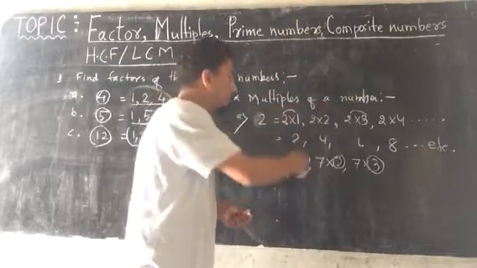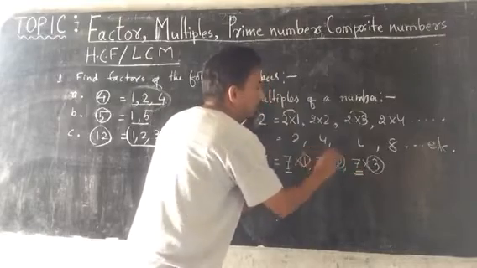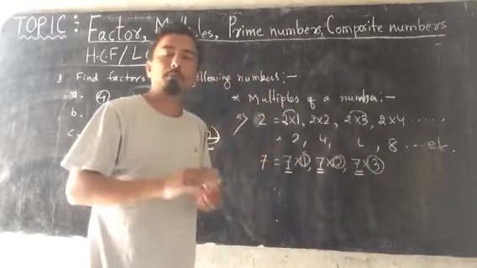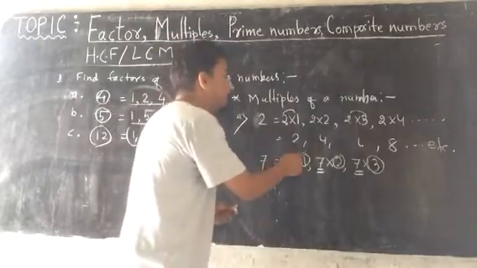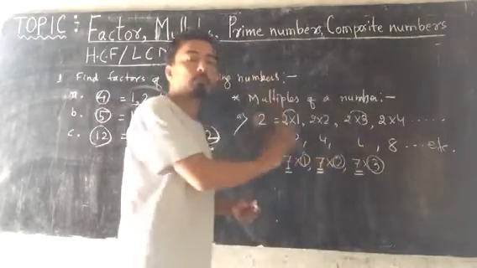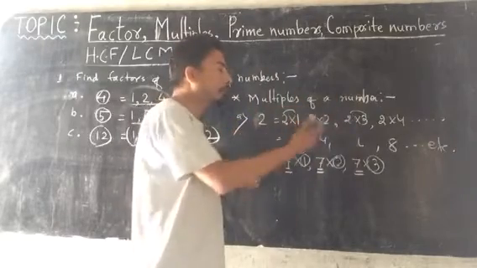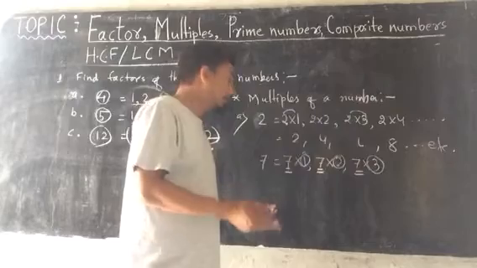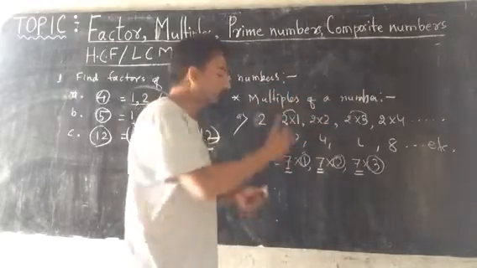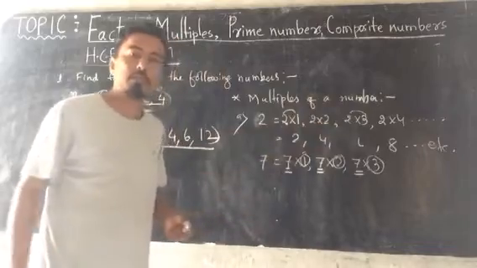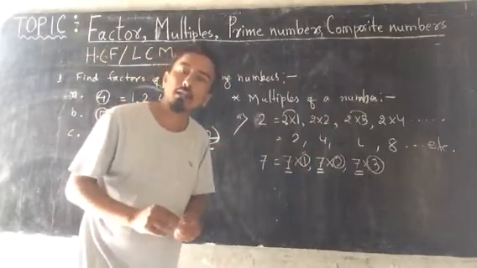By different numbers you can multiply, but you have to multiply the same given number by as many numbers as the multiples you have to find. If you have to find 4 multiples of 7, then you multiply 7 by 4 different numbers, and you will get 4 multiples of 7. If you have to get 7 multiples of 7, then you multiply 7 by 7 different numbers. Then you will get the 7 multiples of 7. So it is a very simple way to find the multiples of any number.